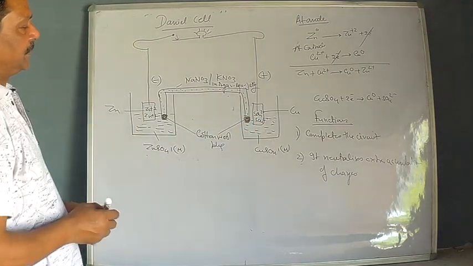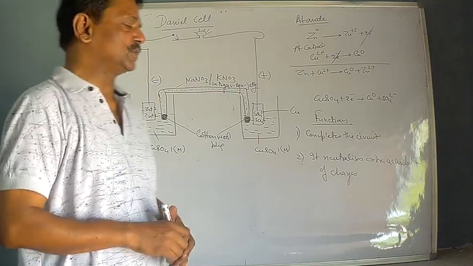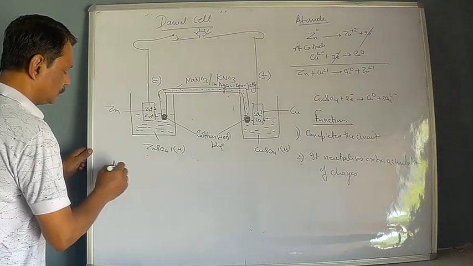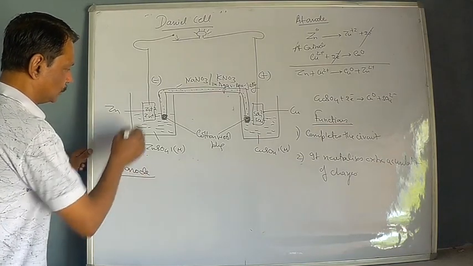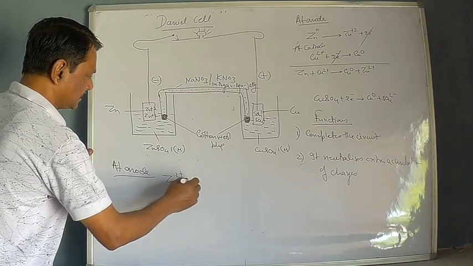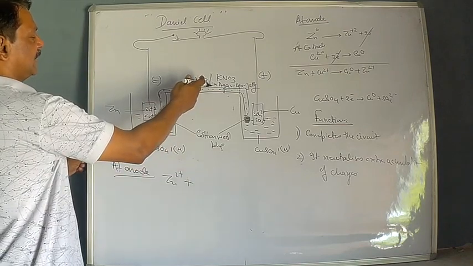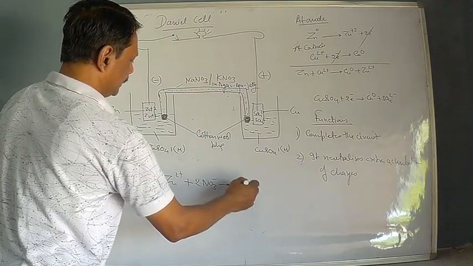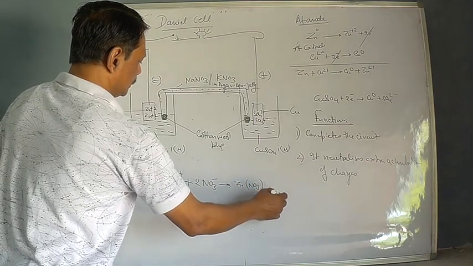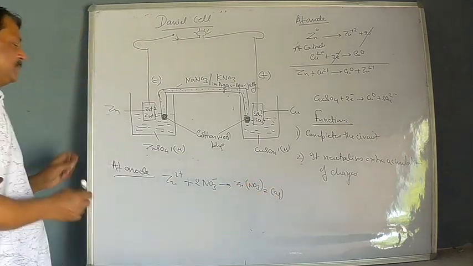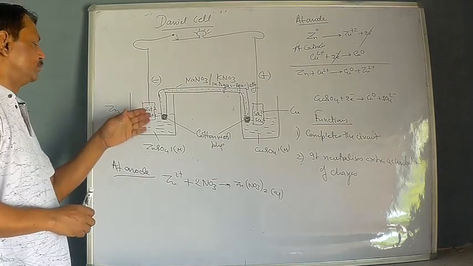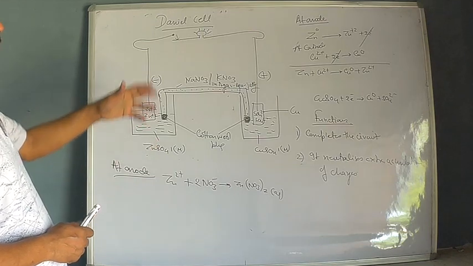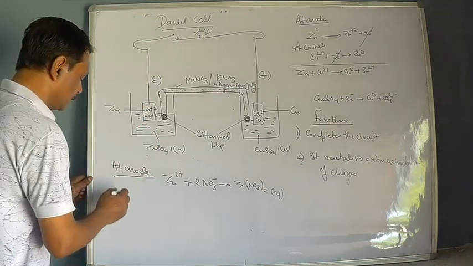So class, it completes the circuit. I have already told you how it is going to neutralize extra accumulation of charges. That can be seen here. Class, when there is extra deposition of Zn2+ ions at the anode, then a sufficient number of nitrate ions, negative ions, migrate from the salt bridge, forming Zn(NO3)2 aqueous. Aqueous means this will get dissolved in water. So ultimately all Zn2+ will get converted to zinc nitrate and fall into the electrolyte, cleaning your anodic plate. Similarly, at the cathode,